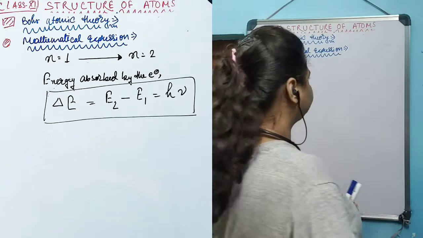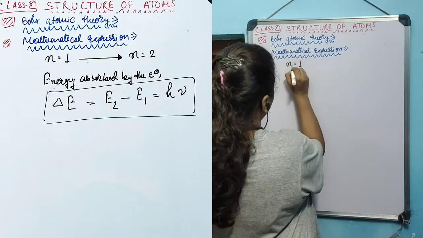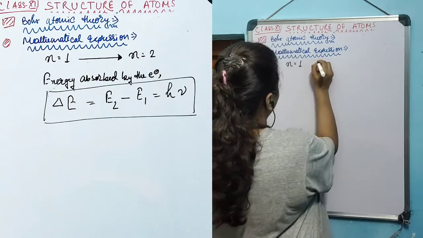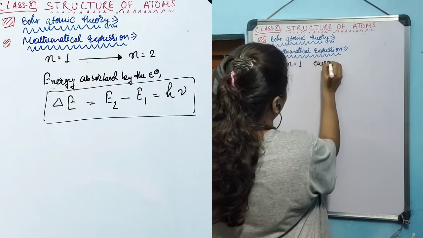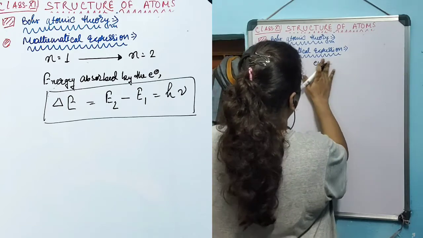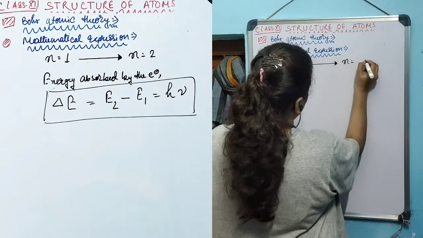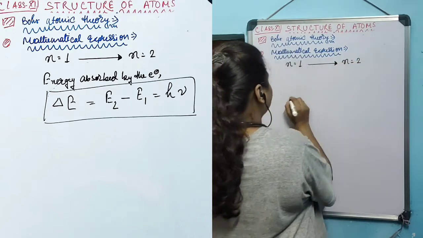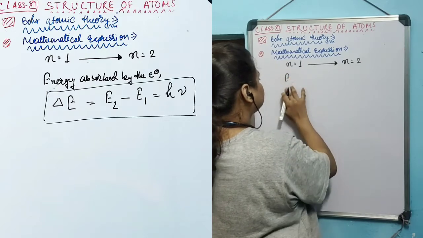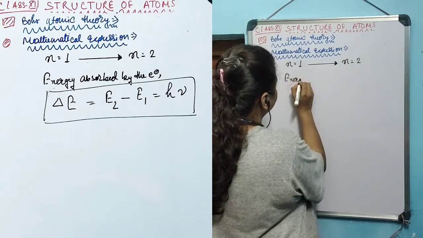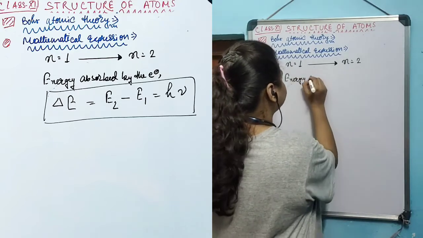Let's assume an electron is revolving in the n equals 1 energy level and it jumps into a higher energy level, n equals 2. In that case, energy will be absorbed by the electron, and the amount of energy absorbed